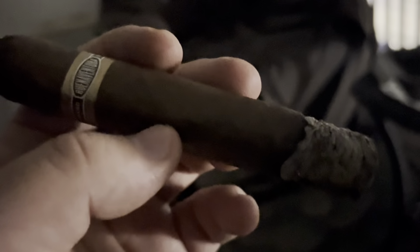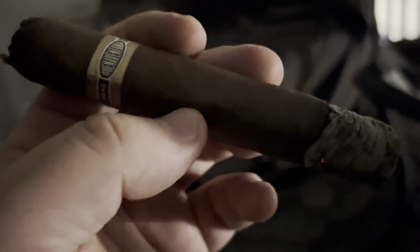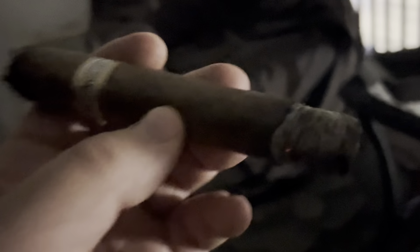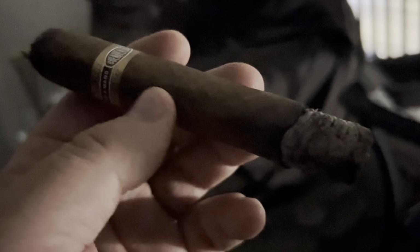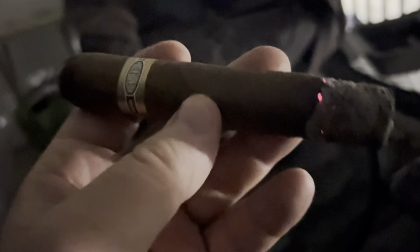I'd rather have the Master Blends 3. So in this price point, go for Charter Oak. In this price point, go for Perla del Mar. In this price point, go for Macanudo Inspirato. I just can't stress it enough. I don't need to make this complicated. Look, if you love the cigar, then God bless you and your family. It works for you. I'm telling you right now, my expert opinion, the flavor on this